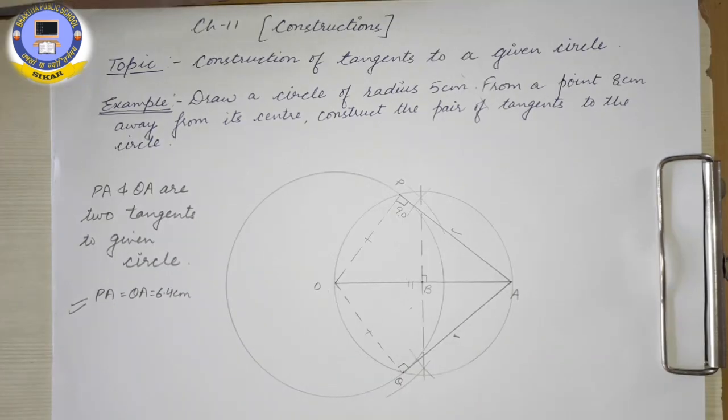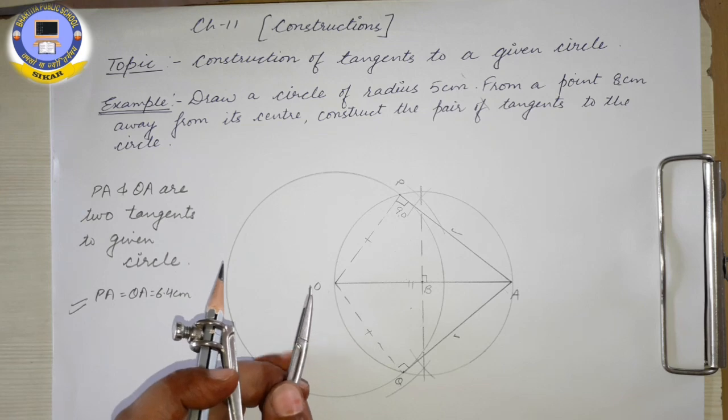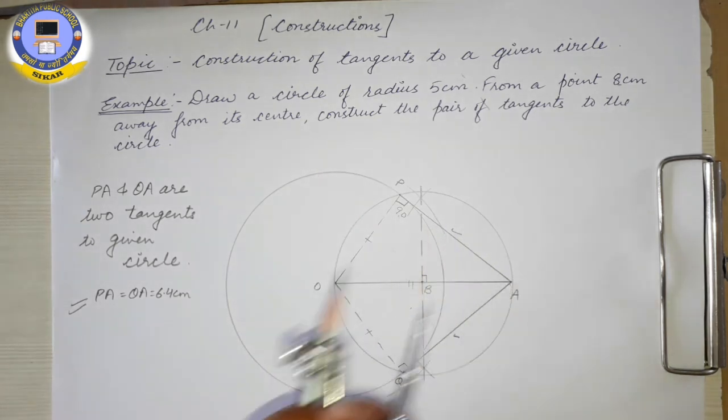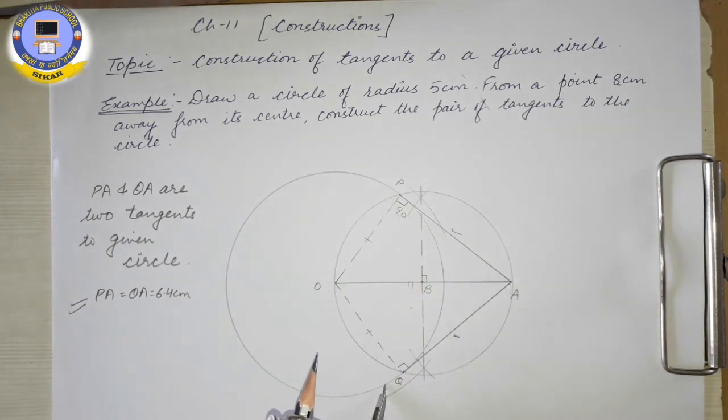So students, whichever theorems we have studied in the 10th chapter, those theorems can be used to justify these constructions. To justify constructions we will use both the theorems. Now one more concept I want to make clear with the help of this construction, 10th class. See, in the 10th chapter I told you 2-3 times that OPAQ is a cyclic quadrilateral. Have you remembered?